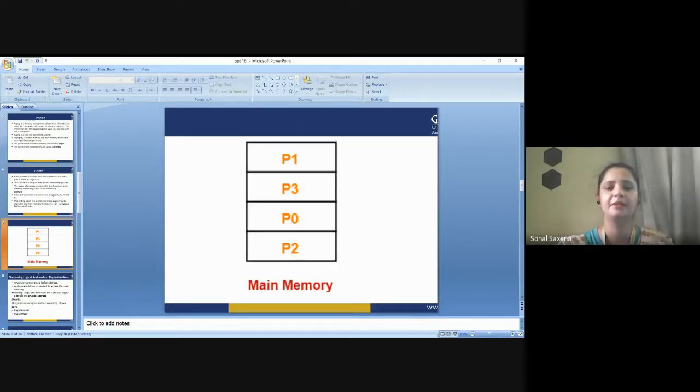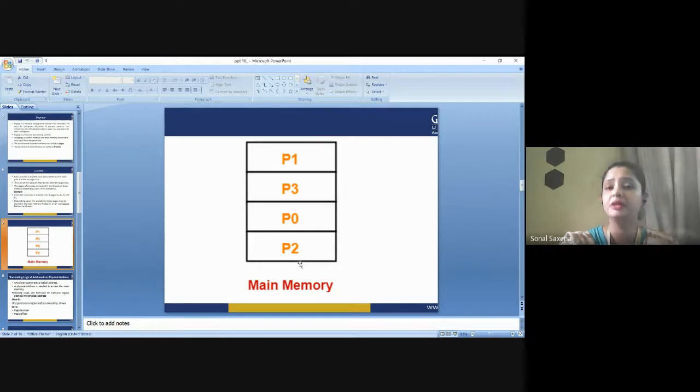Now this is the main memory. The partitions that you are seeing in this main memory are called frames. As I have told you, the partitions of the main memory are called frames. Here you can see these are all the partitions. We are just assuming 4 partitions. It is not the case that only 4 partitions will be there. There will be many partitions of your random access memory, but because we need to just represent our process here, I have shown only these 4 partitions. Now see that the partitions of the process are not in a sequential manner.